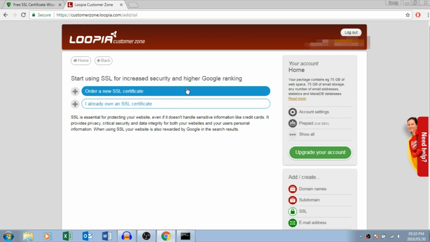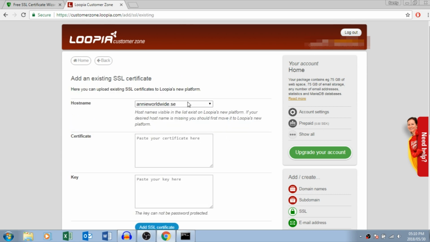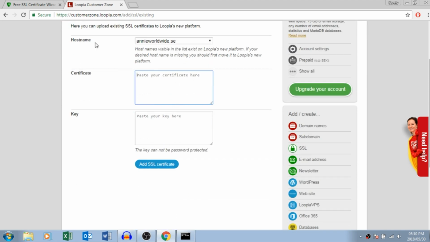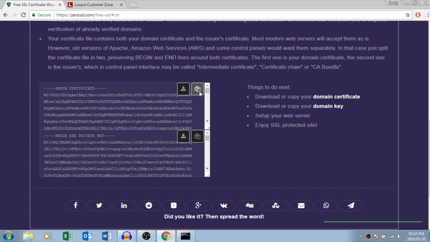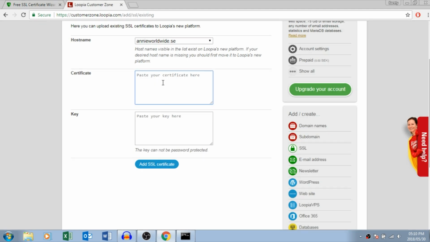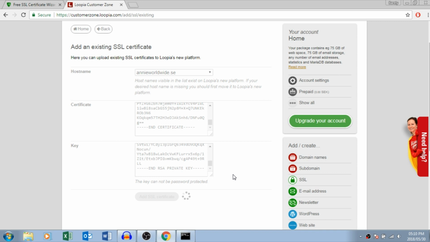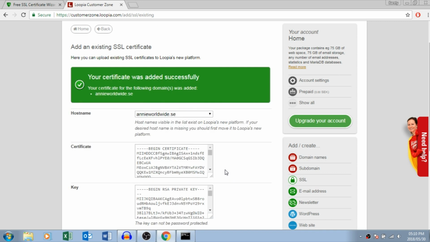Start using SSL for increased security and higher Google ranking, and you click on I already own a certificate. Now you will select the host name here and simply paste in your certificate and your key. So I'll take my certificate here, paste it in there, take my private key, paste it in there, and you add the SSL certificate. And you are now done